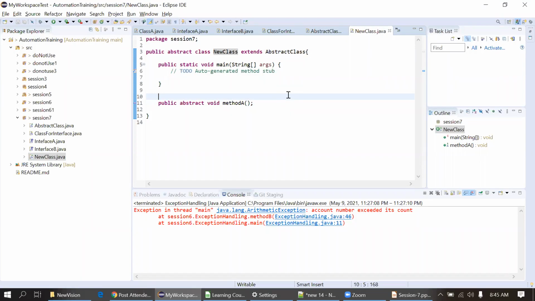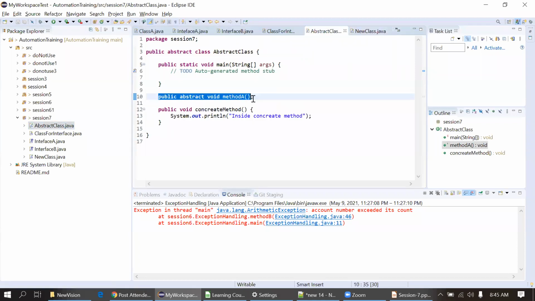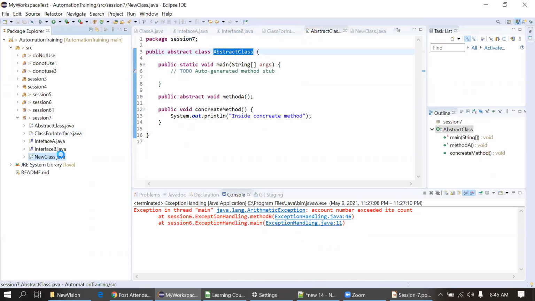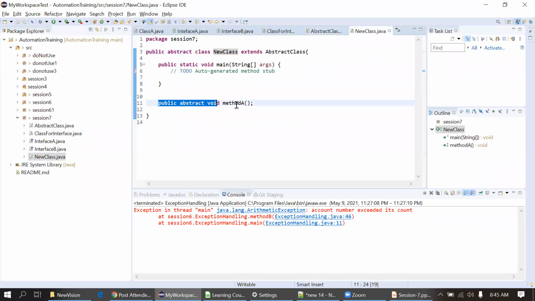Like this, whenever we are defining this abstract method, we can use this class to inherit it to the subsequent classes. But if you don't want to implement this method again in this class, we can make the class abstract again. And later, whenever we're implementing, at that time we have to remove this abstract keyword from that class implementation.